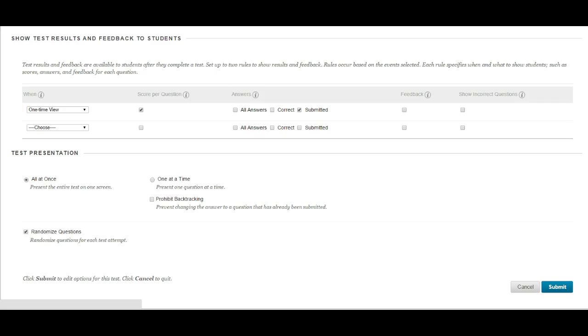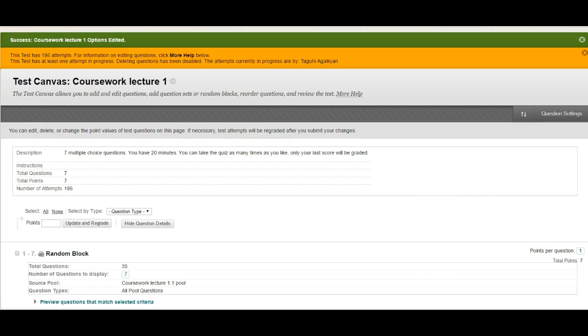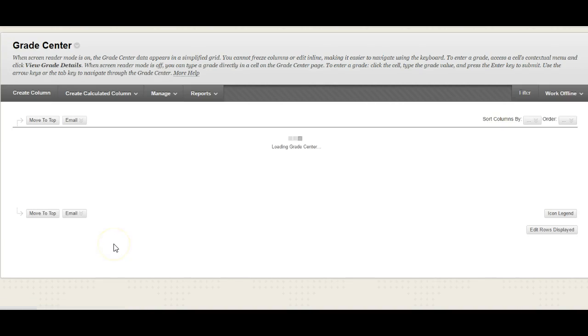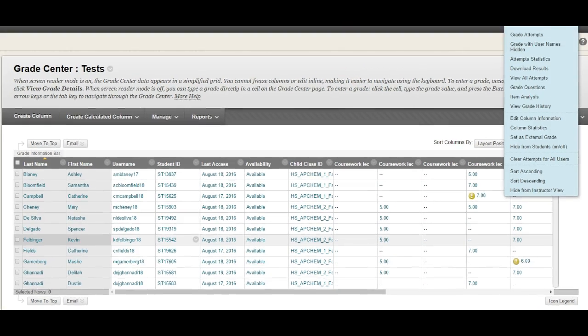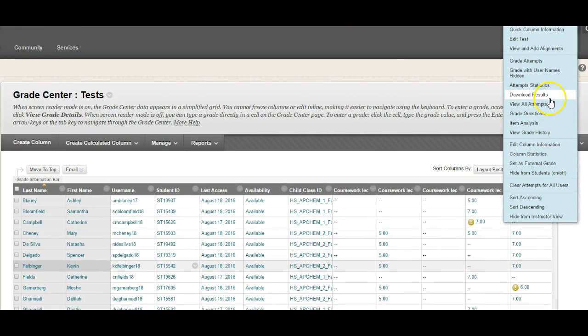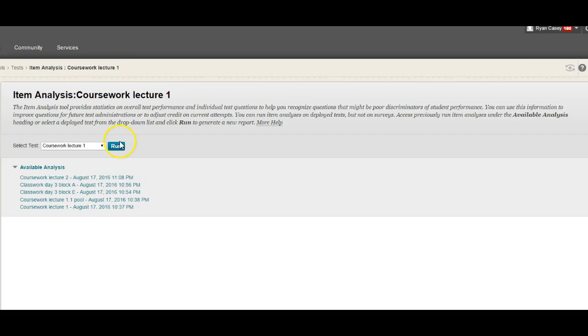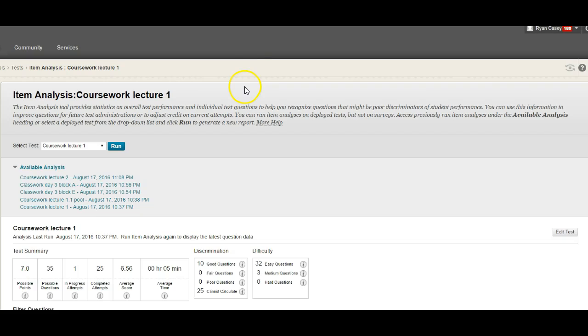Okay, so then going back to the grade center itself. If I go there and I go to tests, I'll go to the same lecture. All right, so let me pull the screencast up a little bit so I can see everything that's here. When I go here and I go to view all attempts, or let's say go to item analysis. Item analysis, I think I have one already done for this. Basically, it is going to show me,